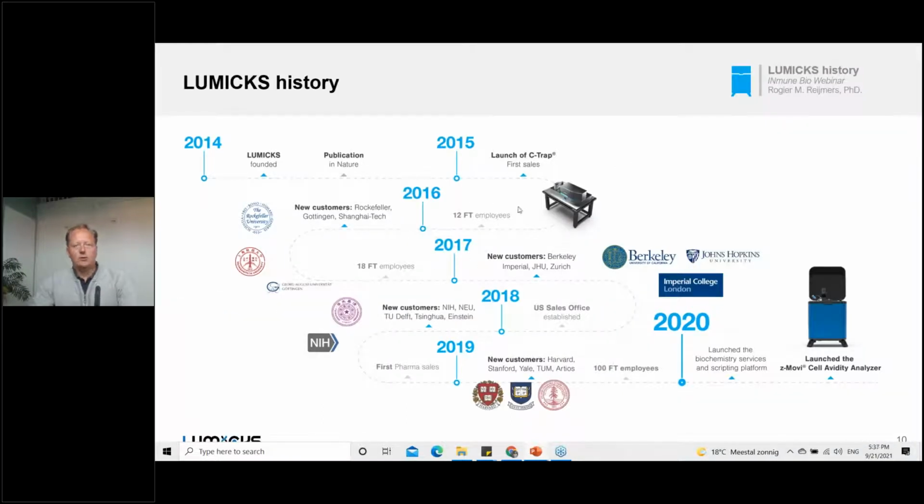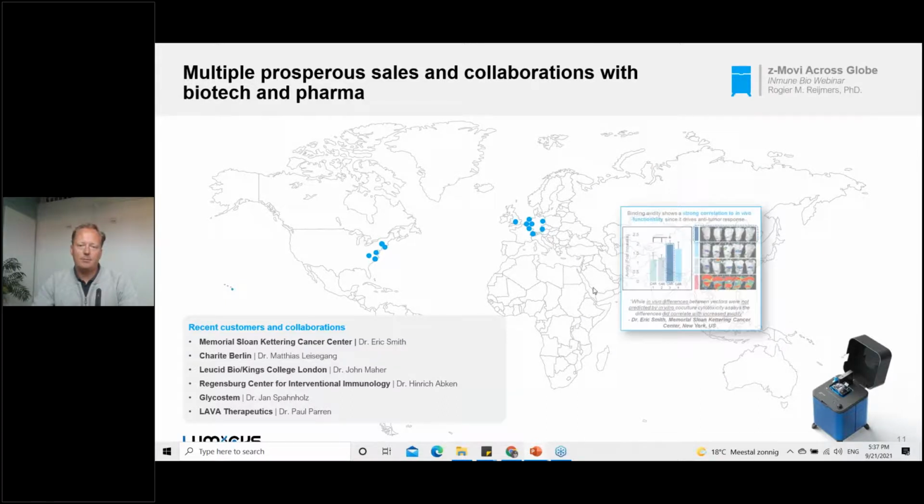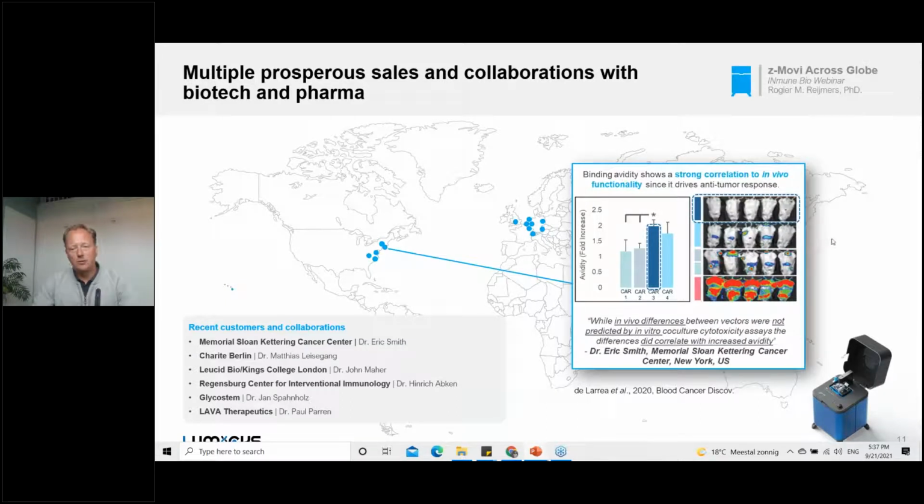A short history of Lumicks. So we started our company in 2014 and developed different instruments, but the one we are discussing today is the Z-Movi cell avidity analyzer, which we launched last year, April. And we have now already installed several of these instruments, both in the US and in Europe, already resulting in